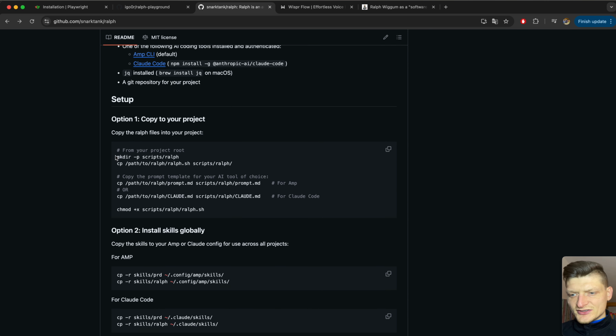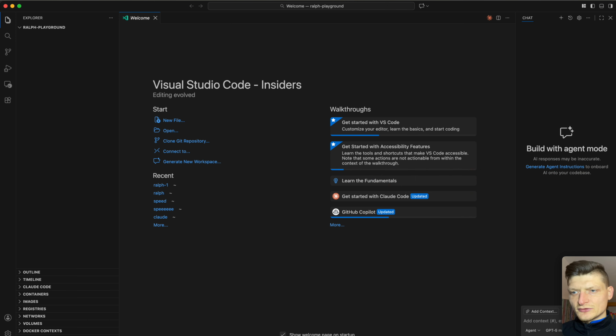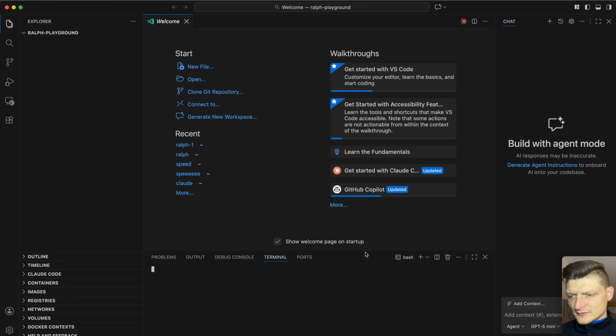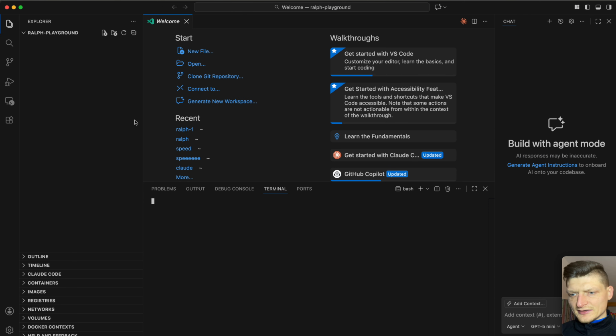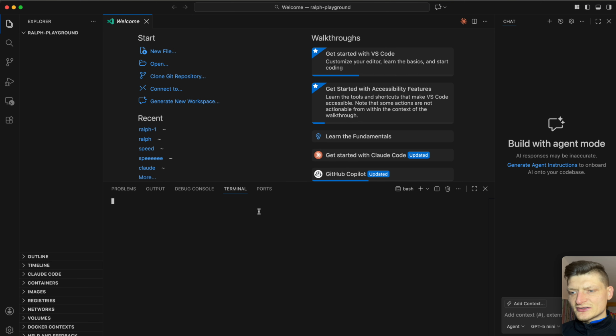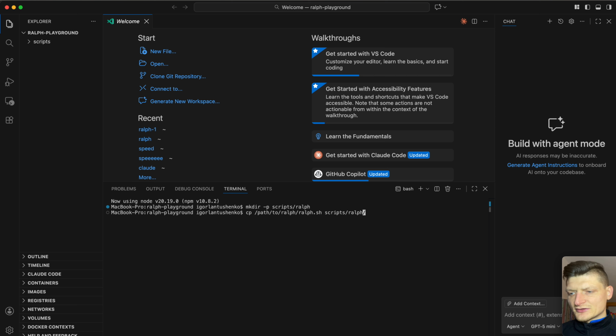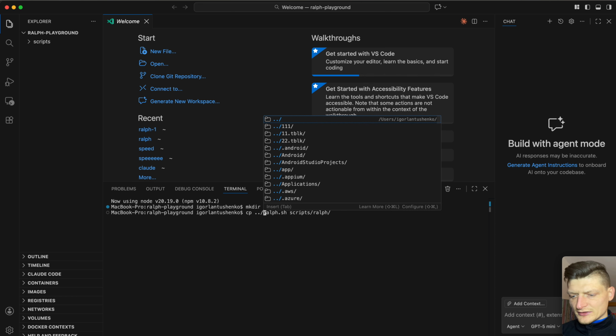First of all, make dir scripts ralph. Let's open our Visual Studio Code in our empty repository. Let's start a new session interaction. And let's wait a bit. First of all, make dir scripts ralph1. Good. Next, we need to copy the script to our repository, and for that we will need to have